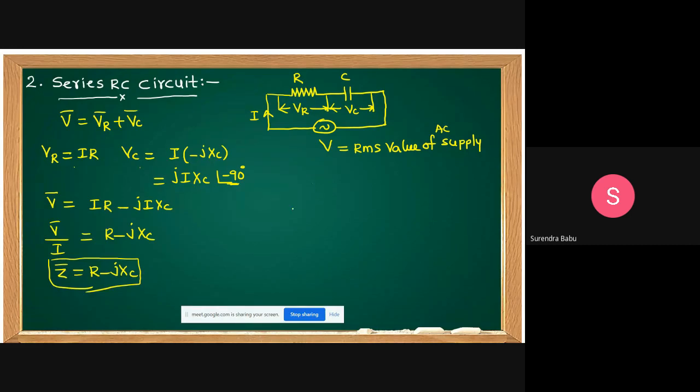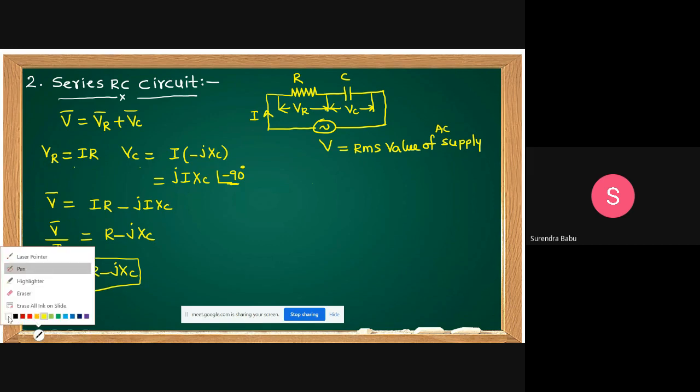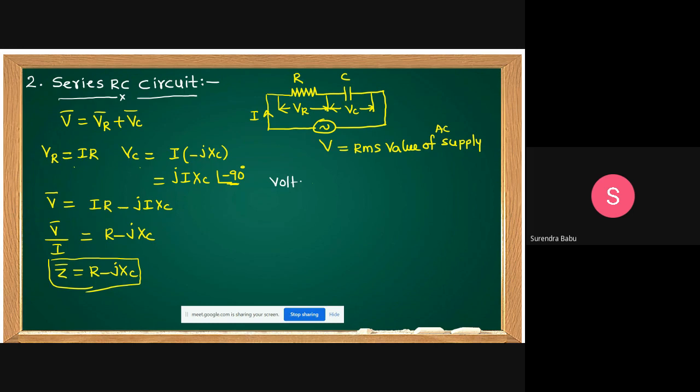Yes. Now I am drawing the voltage triangle first. Draw the voltage triangle, everybody. From the voltage triangle, you can write the formulas. Yes, friends, it is also a series circuit. Current is the reference. But here it is minus 90 degrees. But you know that the resistive drop is always in phase with current, because the angle is 0 degrees there. Resistive drop is in phase with current.